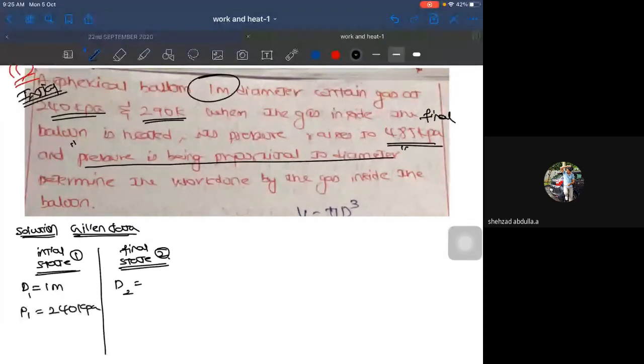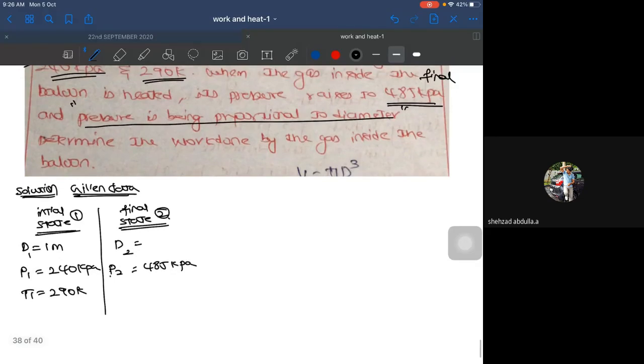Okay. What else is given? Initial temperature, that is 290 Kelvin, is being given. Anything else? Okay, final pressure is being given. So P2 is equal to 485 kPa. Okay, so these are the parameters which are given, and the important line, as I said to you,